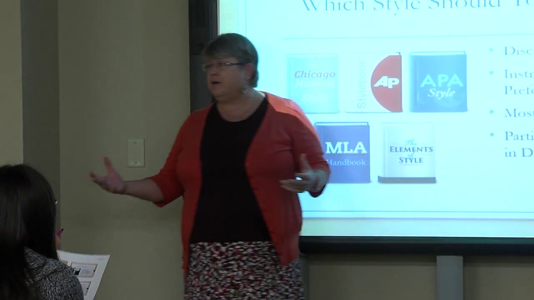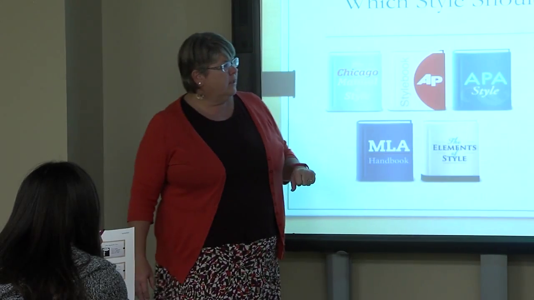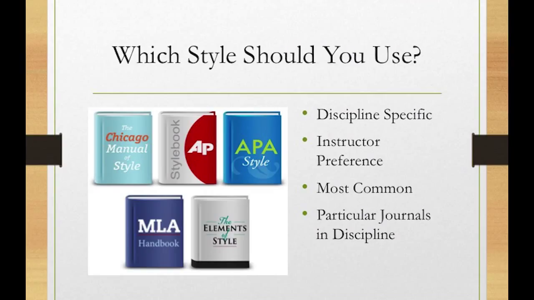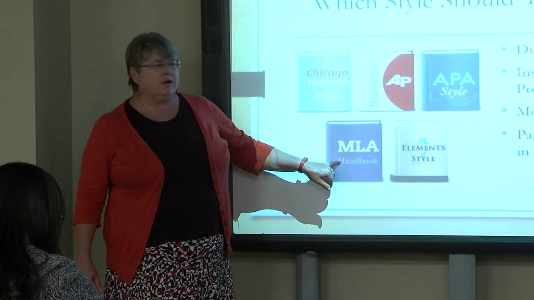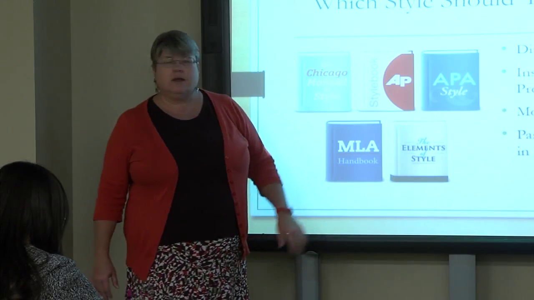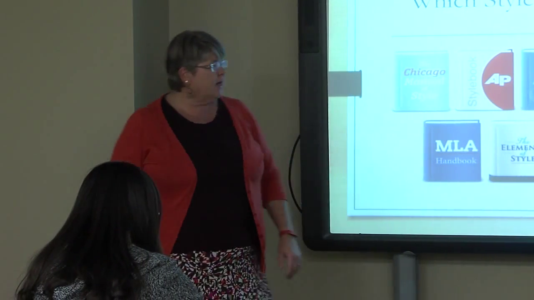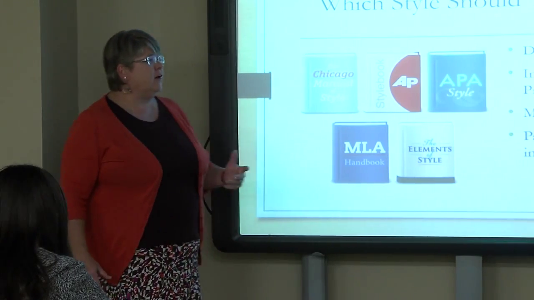So if you're a psychology major, use APA, American Psychological Association style. If you're in library science, or SLIM, you would use APA. If you're in the teacher's college, like in instructional design, they use APA. If you're more in the arts and humanities, like literature, they'll use MLA. History a lot of times will use Chicago, because they use the footnotes at the bottom, and they like that. So it really depends on what discipline you're in.